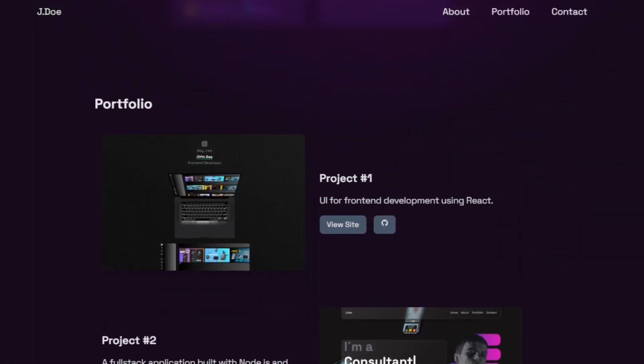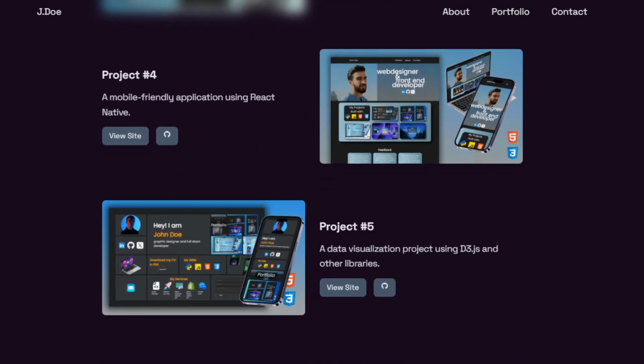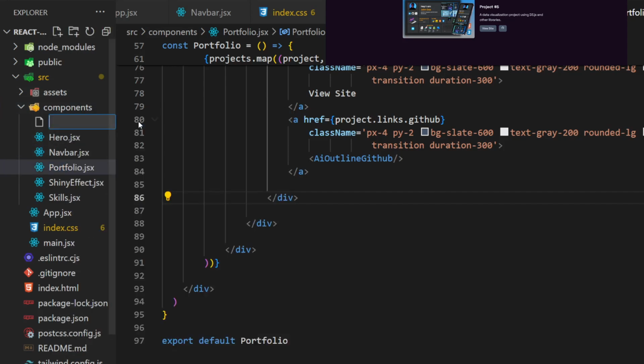So let's check the section. Yeah, that should be it for the section. We are moving pretty fast. Now the experience page, contact page and footer page are left. So let's create a new file. Let's do